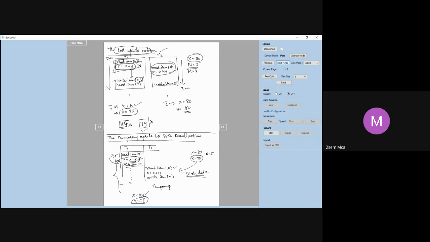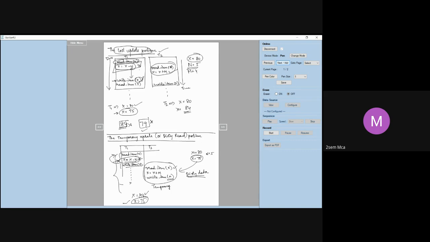Now, before the rollback is done, one more transaction T2 does these operations. The system has still not rolled back, so the value of X is still 75. T2 will read X as 75, and do X equals X plus M. So the value will become 79 or whatever, depending on the value of M. And then it will write the value of X. This is wrong, because this data is temporary.